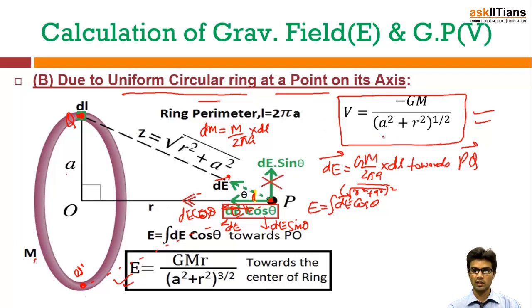This is the gravitational potential for the uniform circular ring, and this is a scalar quantity. And the gravitational field is a vector quantity, and the magnitude is GMR divided by (a square plus R square) power 3 by 2, towards the center of the ring. So next,